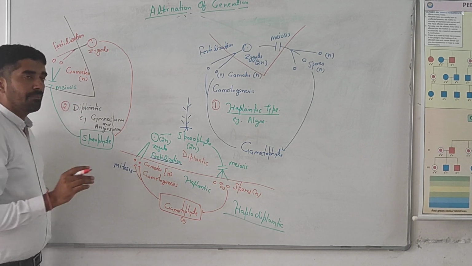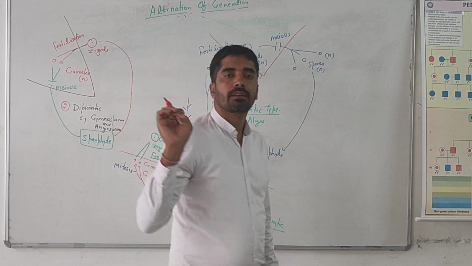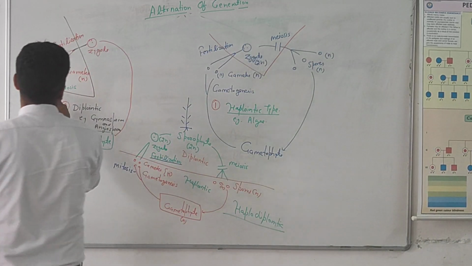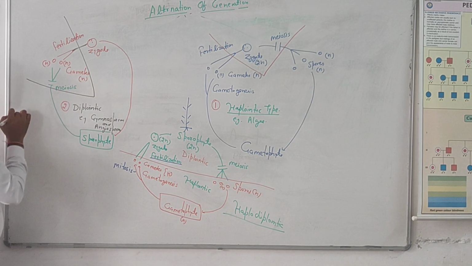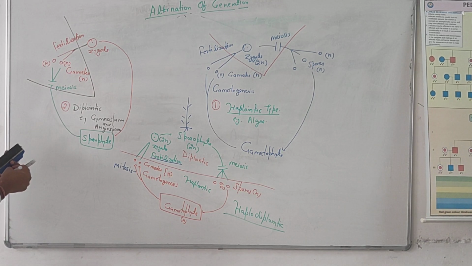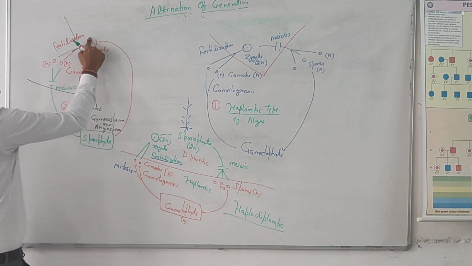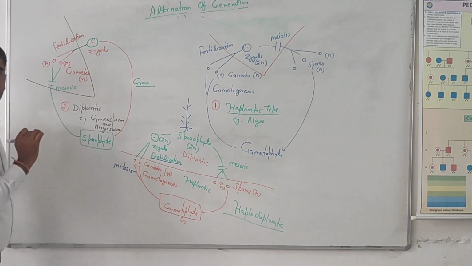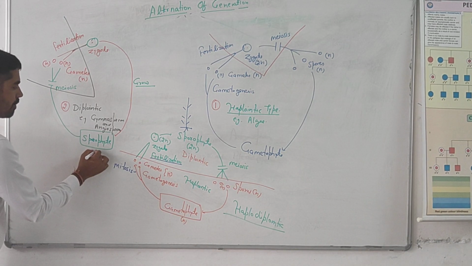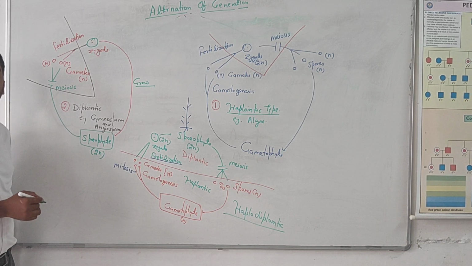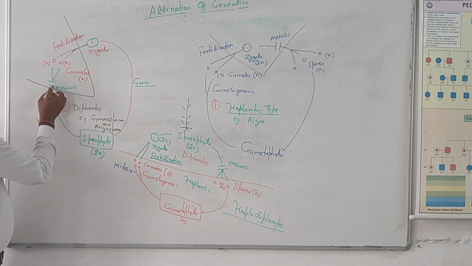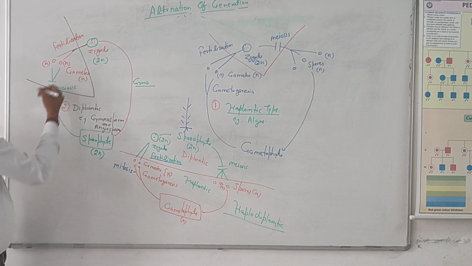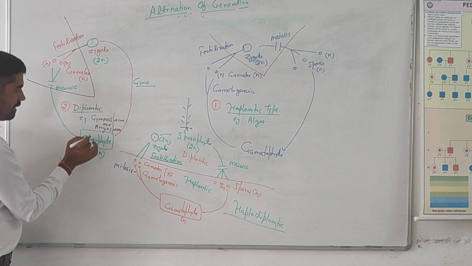in this, the maximum lifespan is represented by the diplontic phase. So finally gametes will be produced after meiosis. N type gametes will again fuse to form a zygote, and this zygote will always be diploid, and this diploid zygote will grow into a sporophyte. So the maximum life cycle is represented by the sporophyte, which is 2n in ploidy, or we can say diploid. This diplontic sporophyte will form spores with meiosis. Spores will always be haploid N, and the zygote will always be 2N. This 2N will develop into the sporophyte. The sporophyte will form spores. So this is the diplontic type of life cycle, and it is found in gymnosperms